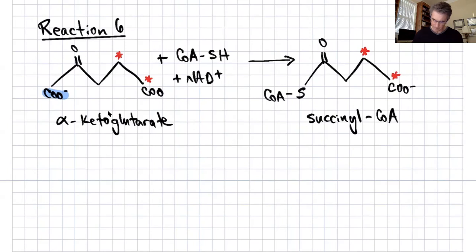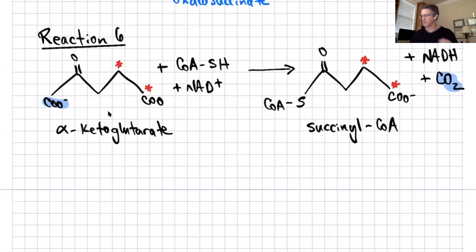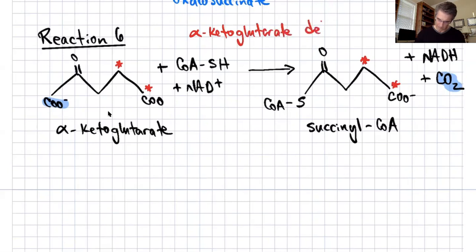Plus some NADH, right? And some CO2, right? Because we've kicked that carboxylate group off the alpha keto acid and released it essentially as gaseous CO2, right? The enzyme that runs this reaction is known as alpha ketoglutarate dehydrogenase,